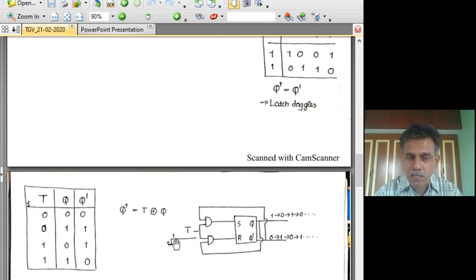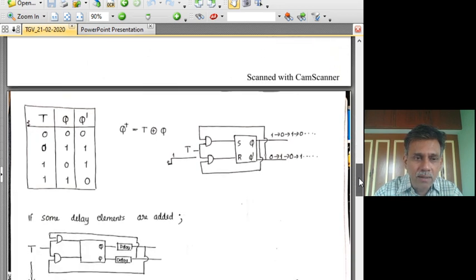So if this pulse width is small enough so that this effect of toggling takes place just once, then we could achieve the goal of changing the flip-flop once. So we have to be very careful in doing so. At the same time, the pulse width of T should not be too small. If it is too small, then you don't give enough time for the circuit to work and toggle. So it has to be carefully kept.